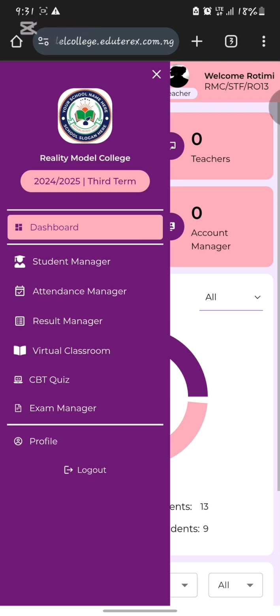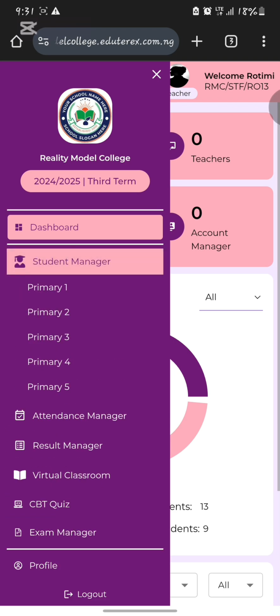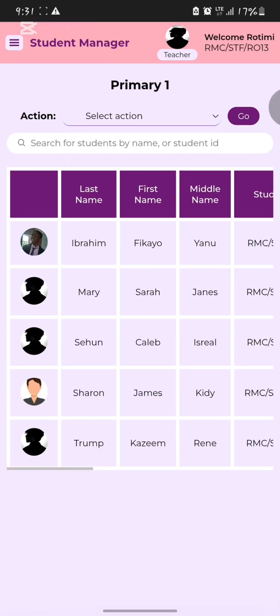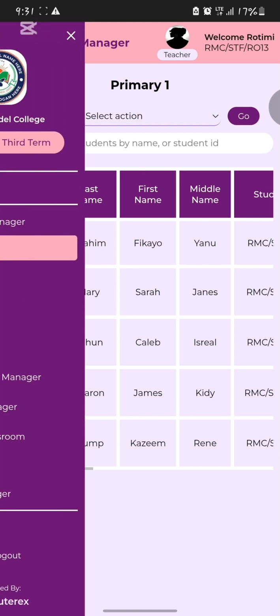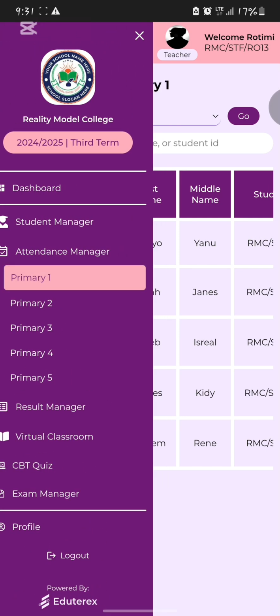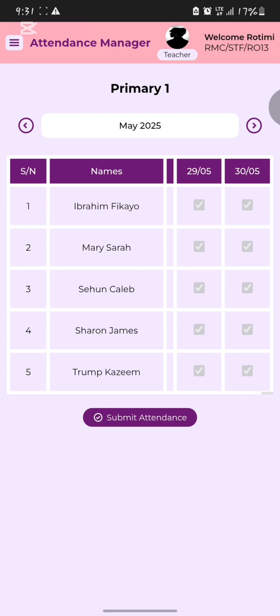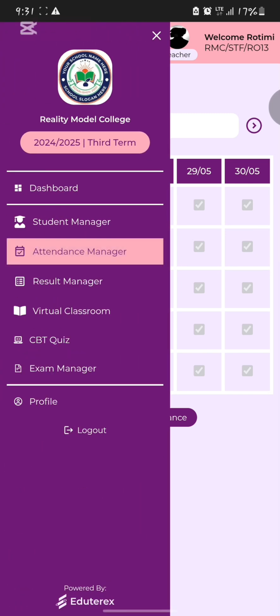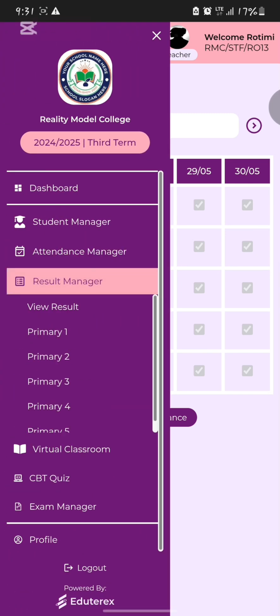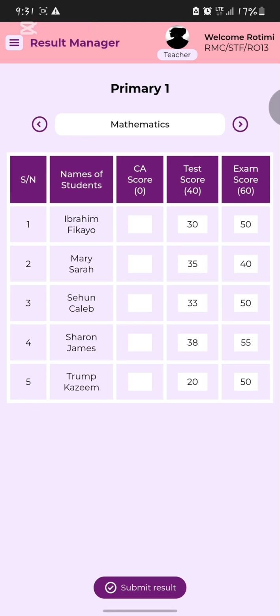They don't have access to some admin tabs. It's limited. So for the students, as you can see, I have primary 1 to 5 here, because this particular teacher has been assigned to primary 1 to 5. Now for primary 1 here, these are the students under primary 1. So a teacher can take the attendance of the students of the class assigned to that particular teacher. Then the result also for primary 1 now,